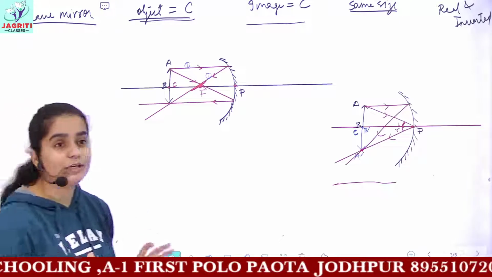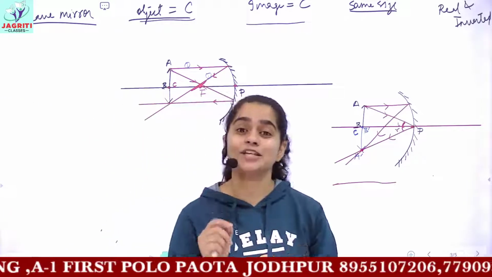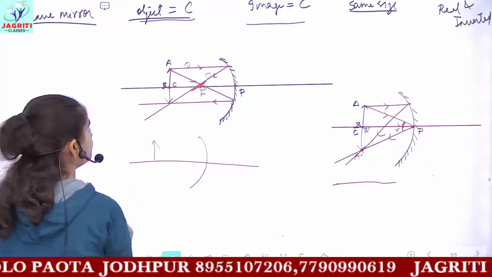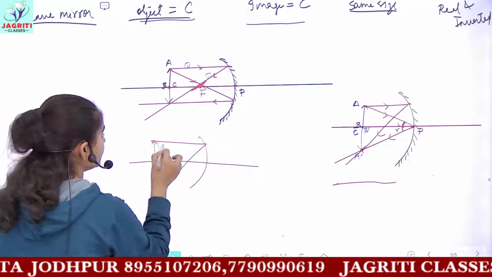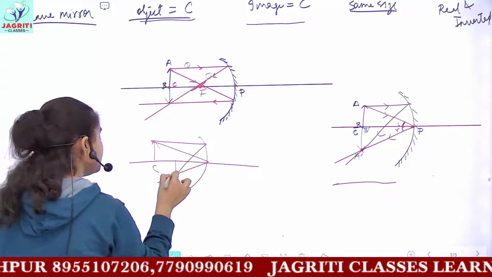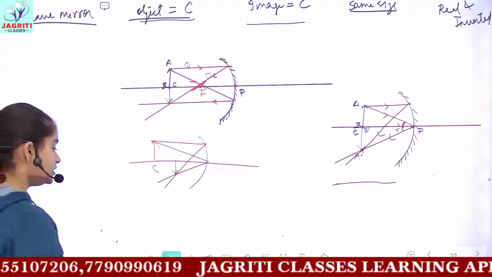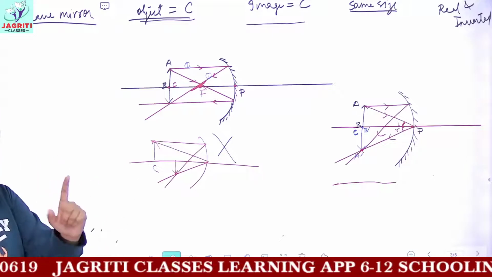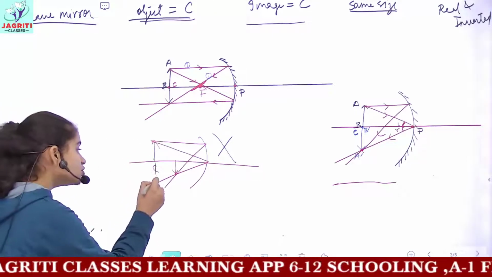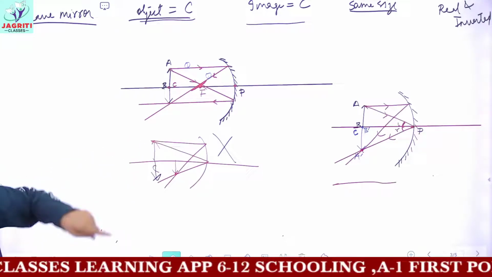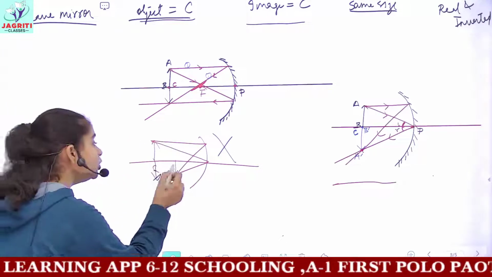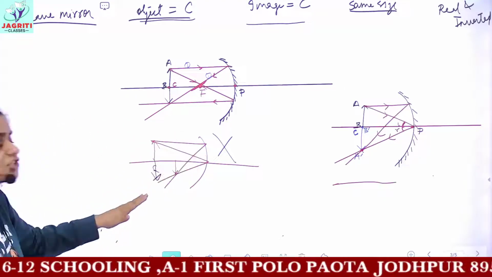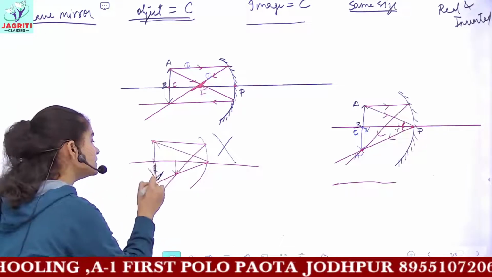Because you need to practice, these diagrams are based on experiments. You cannot say that whenever you made the diagram, you place the object at center, but the position of image is coming here before center. So this would be completely wrong, and you would get no marks, because experimentally when the object is at center, the image should be formed at center in a real and inverted manner, and your image is forming beyond or before center. So this is incorrect. So accordingly you have to make and adjust the lines so that your image forms at the center itself.